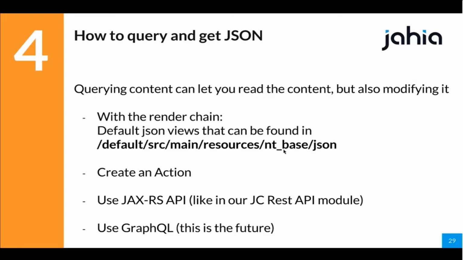Another way is to use GraphQL. We have some prototypes internally, and it's going to come. GraphQL was introduced by Facebook in the last two years, and it's a very nice way to query your JSON data, where in the query you describe what you want in the JSON. It's really interesting because you don't have to get hundreds of properties in your JSON that you don't need. You can also get a full tree directly, instead of doing hundreds of queries. So it's very promising for us, and we are really looking into this.